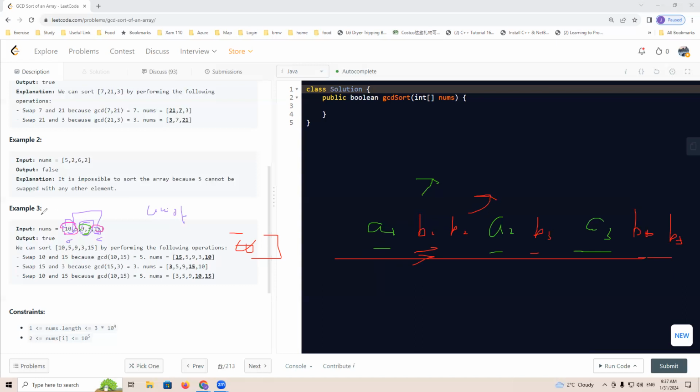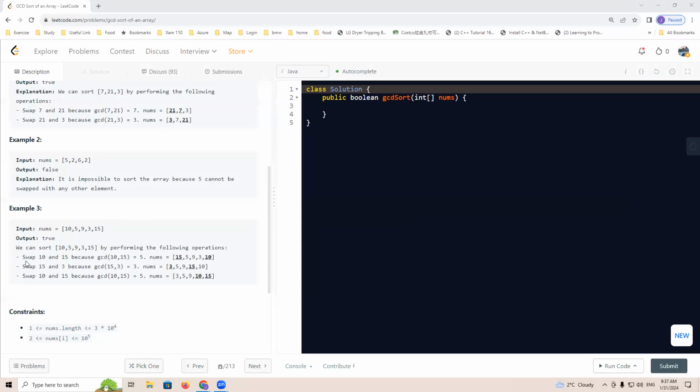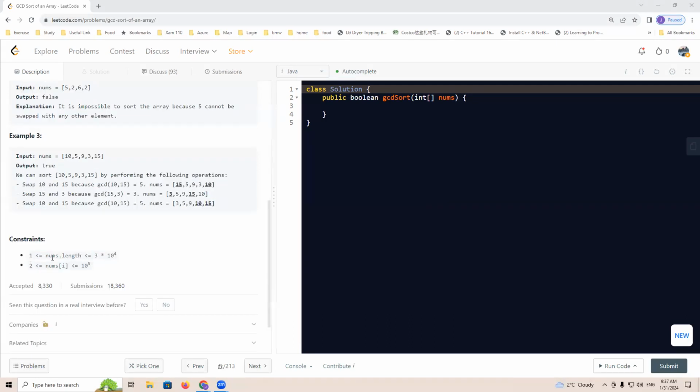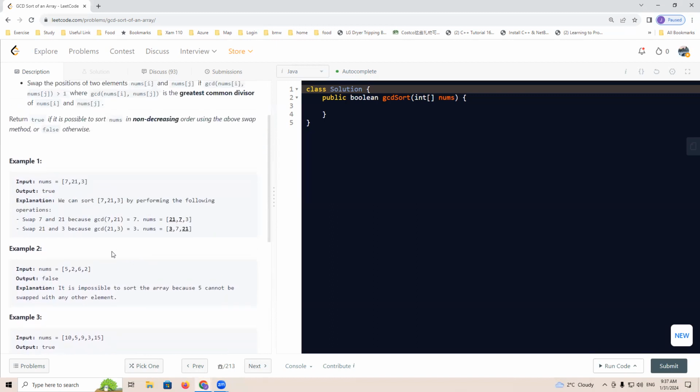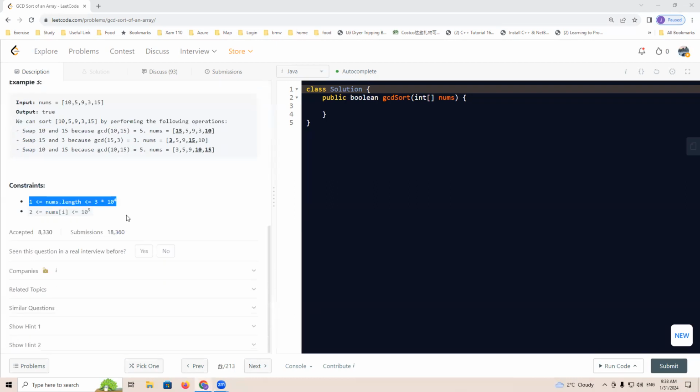So there is one thing: we see the nums length is up to 3 multiplied by 10 to the power of 4, right? So in this case, if we do GCD pair by pair, it will be n squared, or O(n squared), which will be out of time, right? So what we think about is that possibly